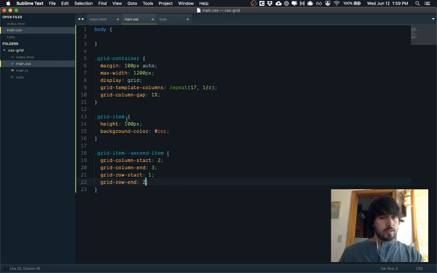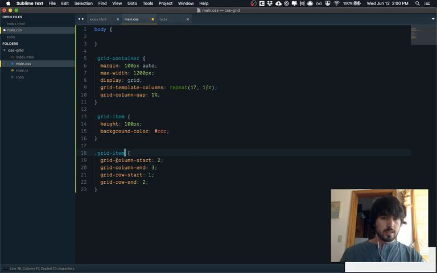Okay, so for this, we're going to do grid item 1, and we're going to say grid column start